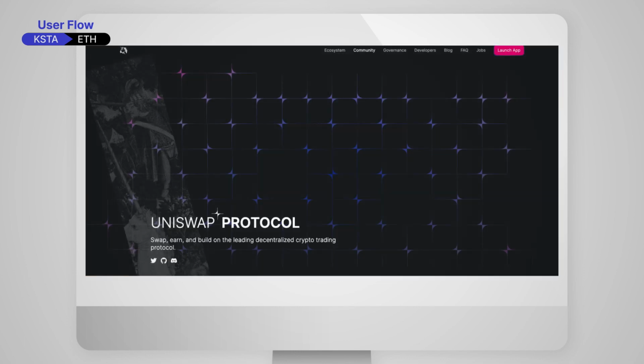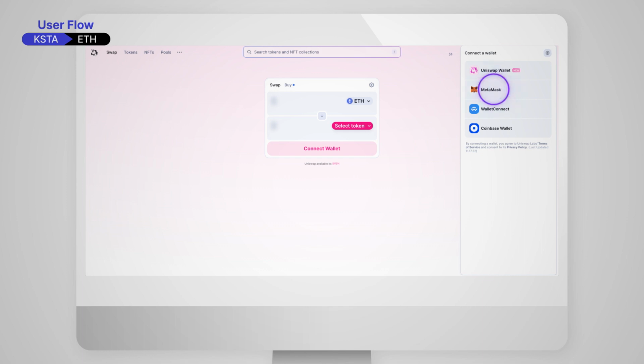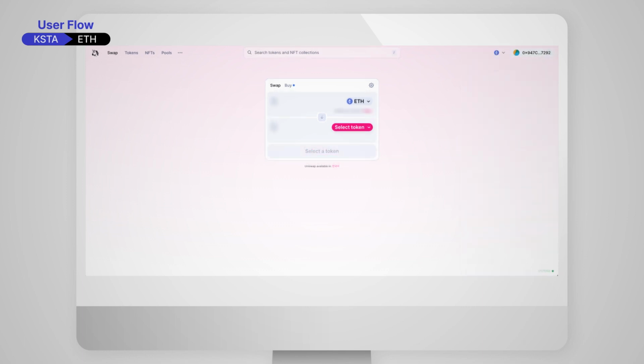Next step is processing on Uniswap. Log in to Uniswap and click the Launch App button. In the new window, if you click the top right Connect button, the integration wallet applications will show up. Select MetaMask to connect your wallet. When the wallet is selected, the address will be displayed, and you can choose the network by clicking the button below. Then, select the Ethereum network.